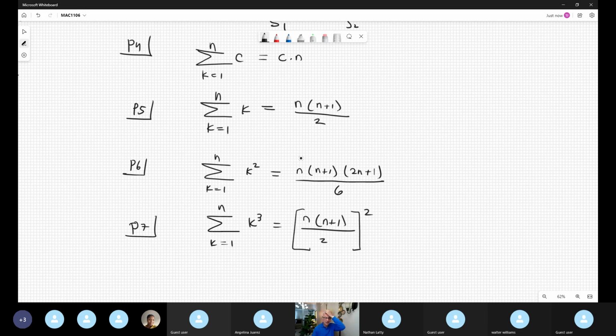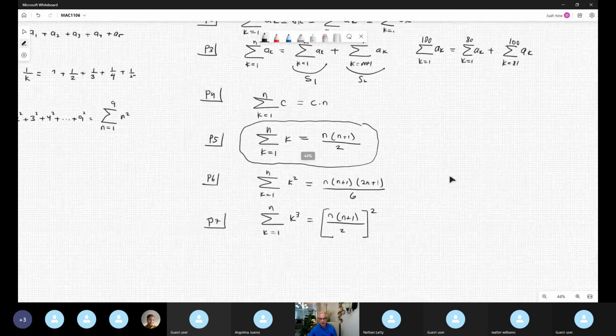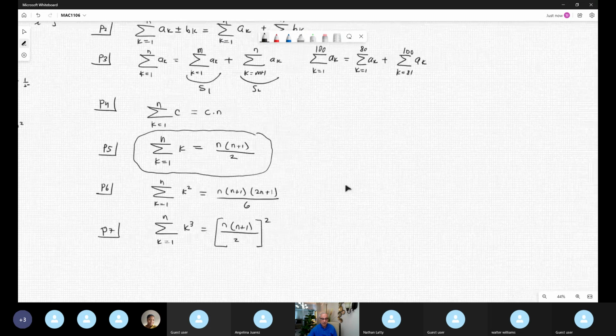Let me try to illustrate that formula. It's very, very easy. There is a history of the mathematicians, a famous one. When you are in elementary school, the teacher asks the students to add